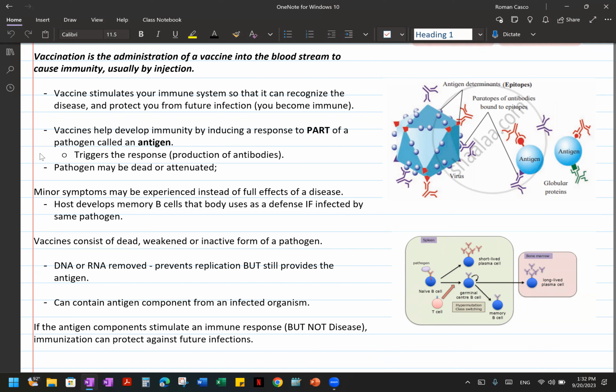That part of the pathogen that actually creates an immune response is called an antigen. All right. So for short, if you take a look here, anti and gen, right? Anti meaning antibody, gen meaning,